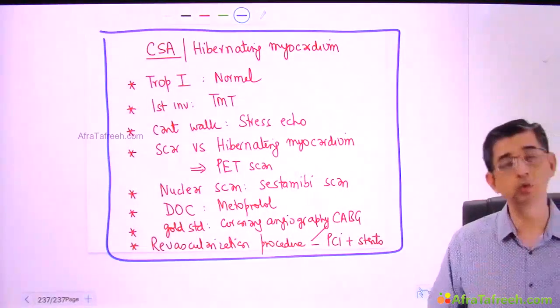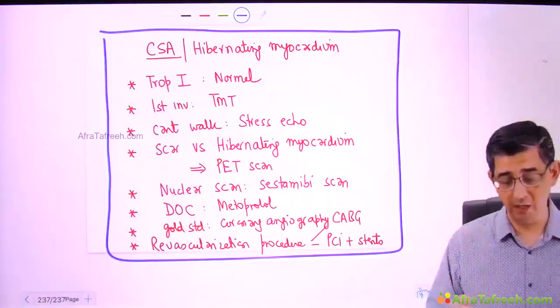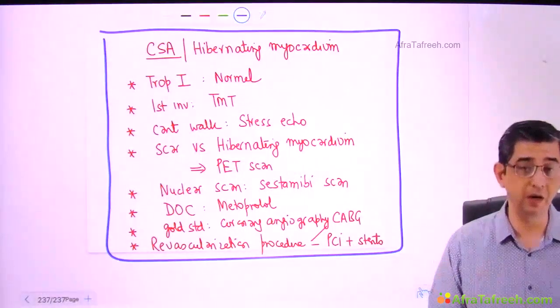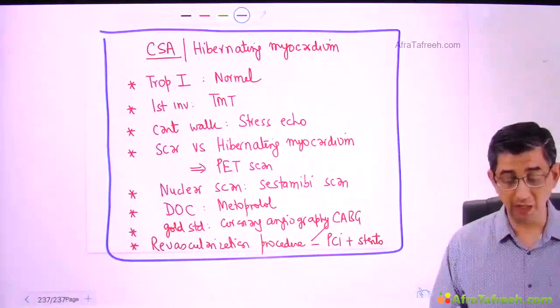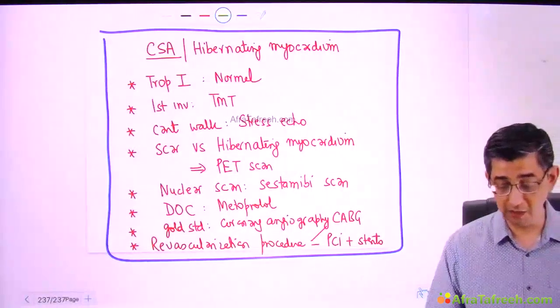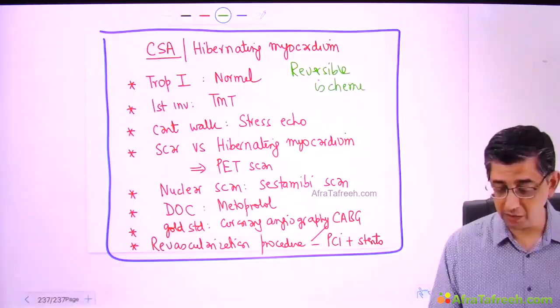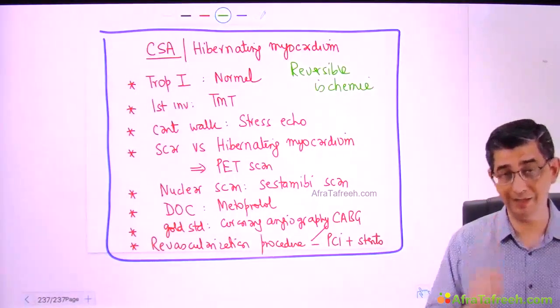I would like you to note down this information on a yellow stick-on pad, stick it somewhere, and try to read this information for the next couple of days every time you pass that stick-on pad, so that this becomes imprinted in your memory. Now my objective, why I have once again highlighted chronic stable angina at the end of this topic, is because I want you to compare this information of chronic stable angina with that of unstable angina that I will discuss next.